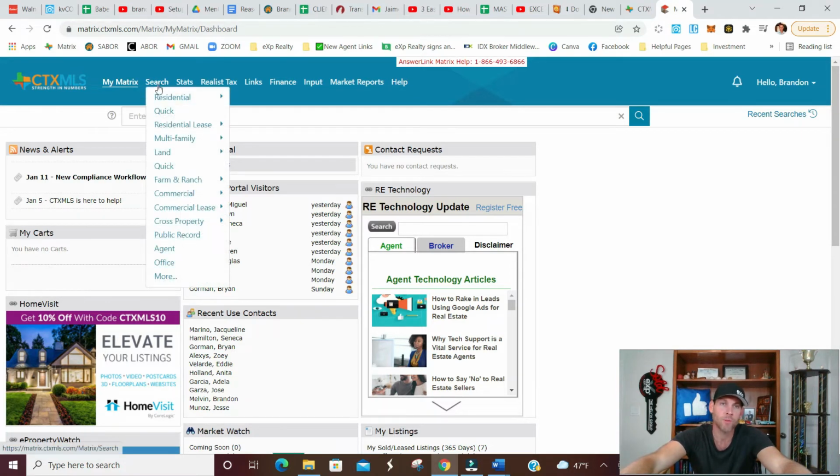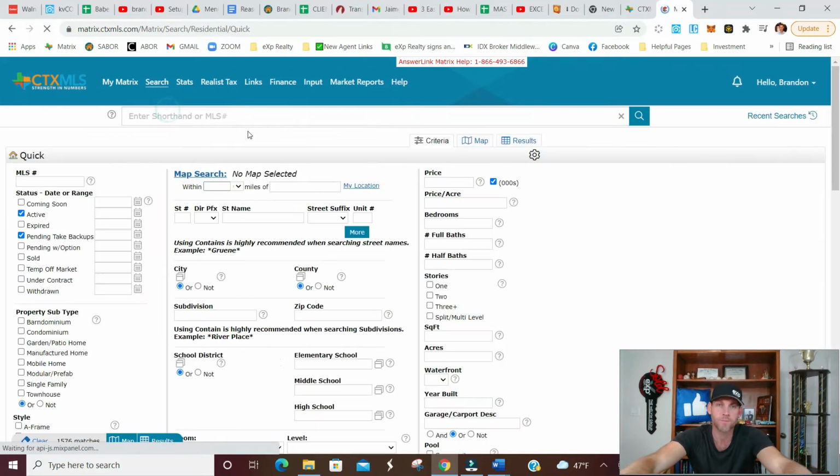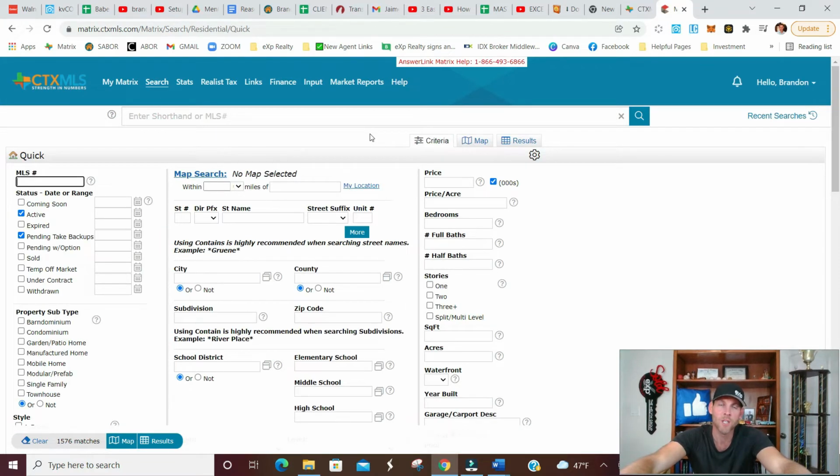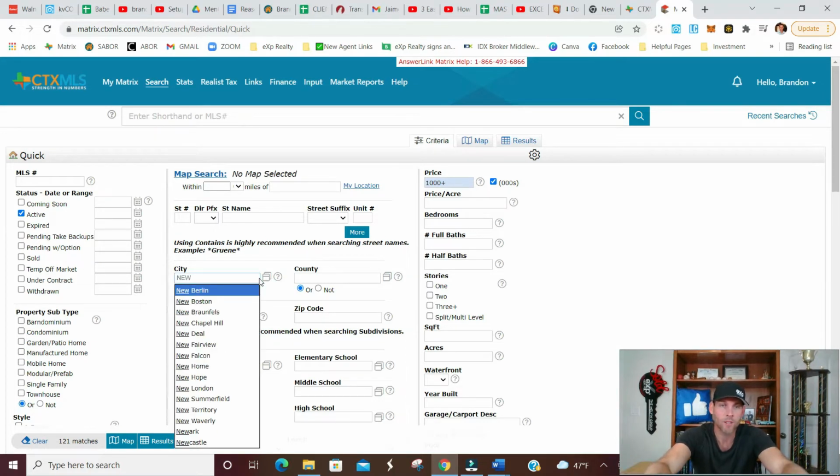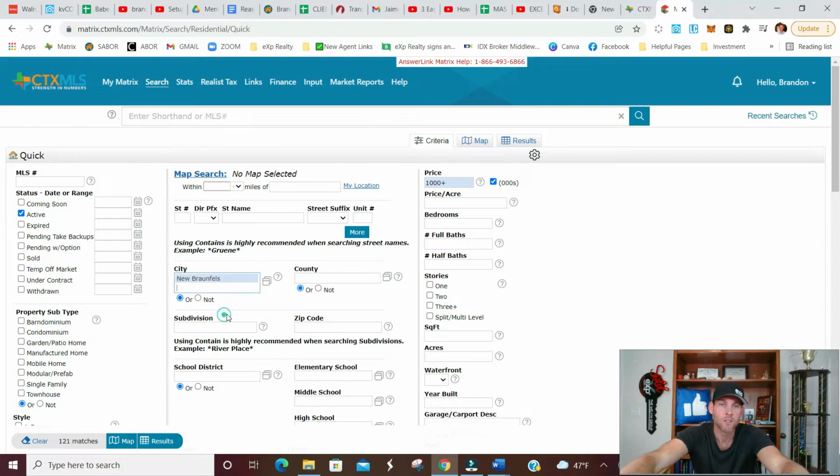So at the top, we'll go to search and then quick. Again, we're going to set up some residential homes to view, and so we'll remove the pending and we'll just keep active. And for the price point, for fun, we're going to do $1 million or more. So in this instance, I need to have a plus out to the side of that. And then for the city, I'm going to go ahead and do where I'm close to. So we'll do New Braunfels, and then we should have a few listings there. So we have those, and then we'll just go to the results,